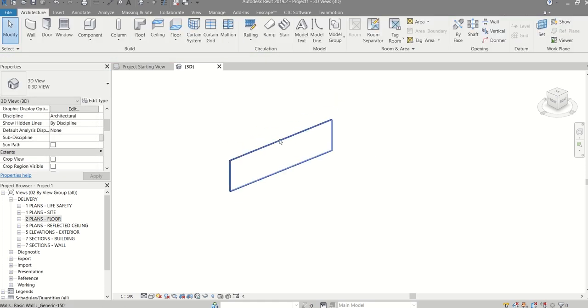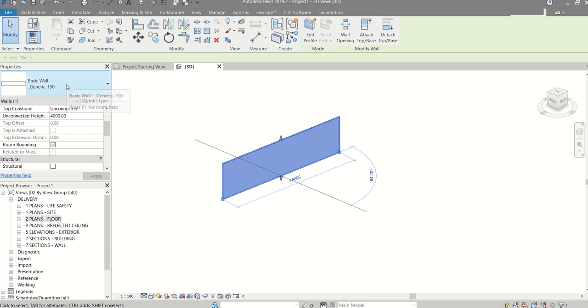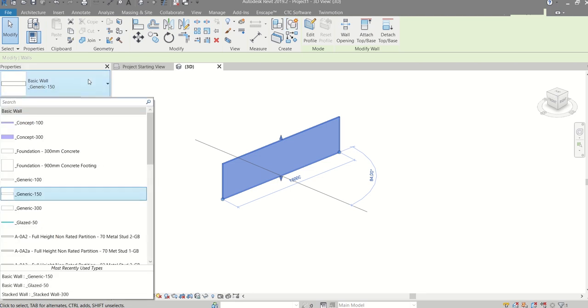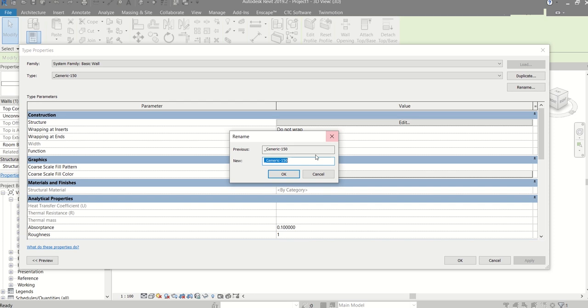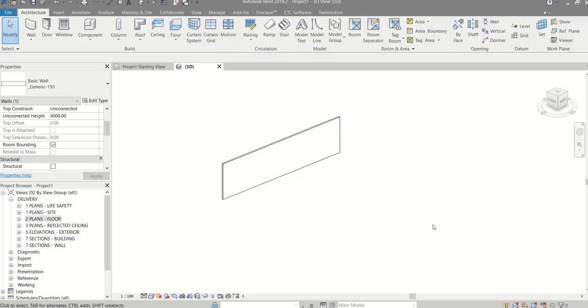Just drag in the arbitrary space and click the wall, and it says generic 150. So this is the wall type that I'm going to use. Remember, you have to have this correctly. It is case sensitive, so you'll have to remember to copy exactly the same name. To do that, either go to rename and copy this, and you can paste it back there, or just type it